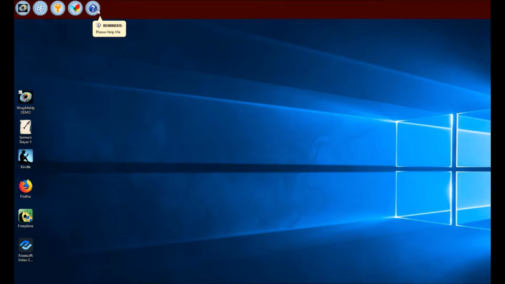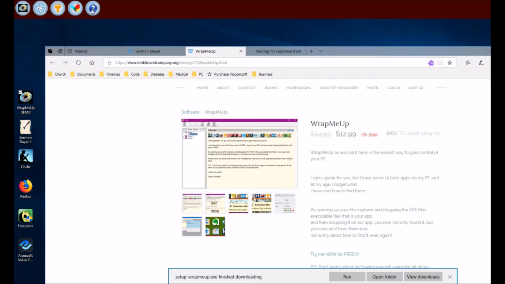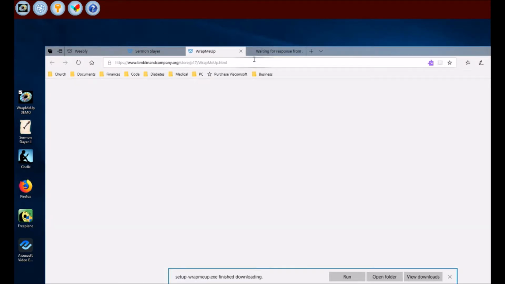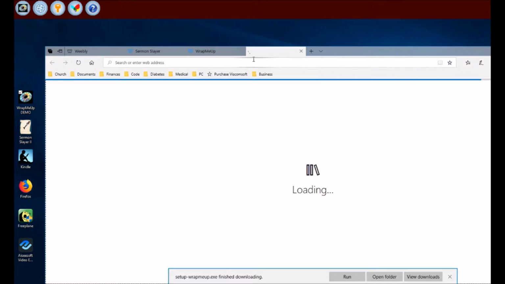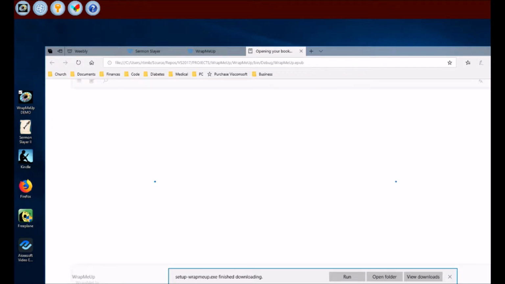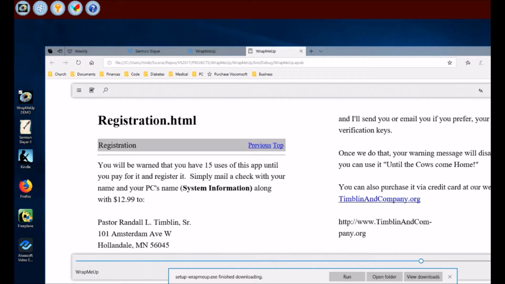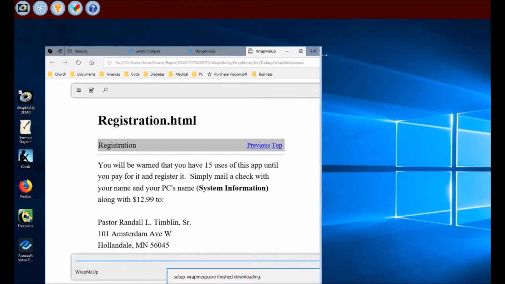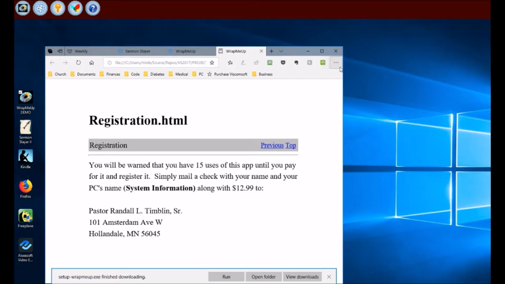Now, if we look at help real quick, we just click on it one time, and it's loading my browser. And I should have moved my browser over to where you all could see it. There it is. I'll have to cut that out. But anyway, the browser comes in and you can page through it. It's not a whole lot of help because it's so simple. One of the things it does tell you, though, at the very end, is my name and my